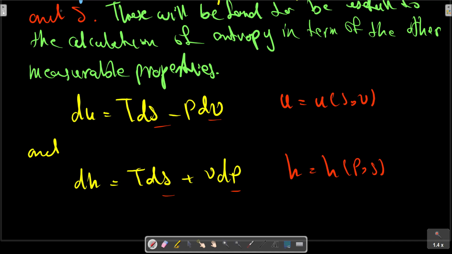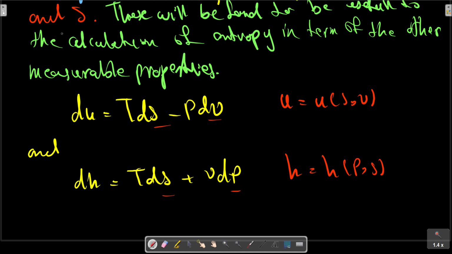This is an undesirable situation, as entropy is one of the properties that cannot be measured. We can, however, eliminate entropy as an independent property by introducing two new properties, and thereby two new forms of